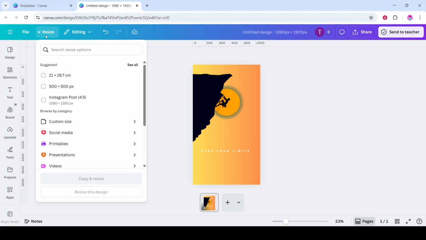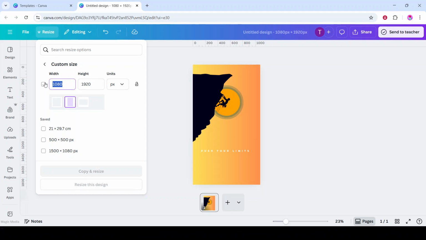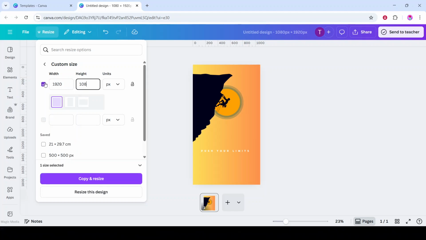To rotate a page, meaning to change its orientation, choose Custom Size inside that window. You'll see fields for width and height. Rotating is as simple as swapping these two values. For example, if your design is 1080 by 1920, switch it to 1920 by 1080 to go from portrait to